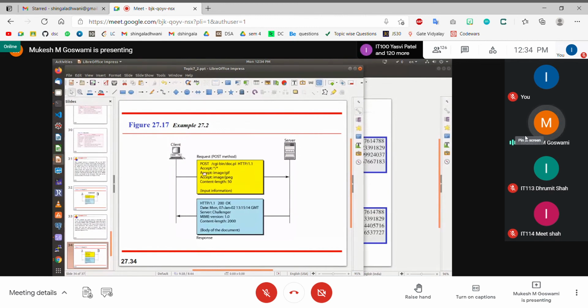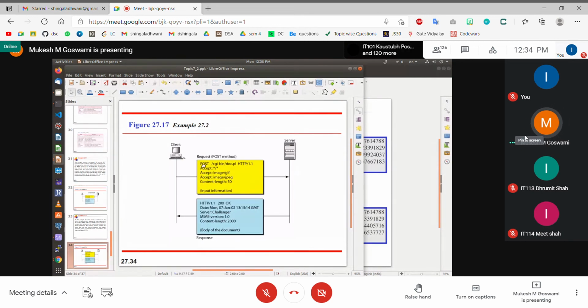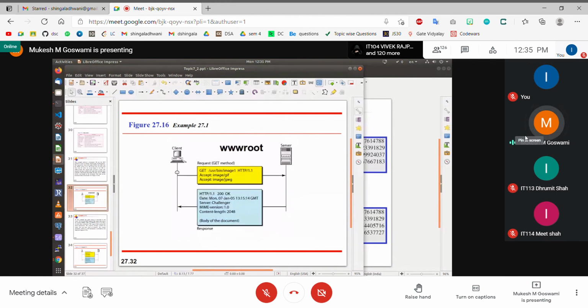That is why, since we are passing additional information here, the request type changes from GET to POST. Why is it POST? Because I am posting some additional information that will help the server generate the document. So normally the POST method is used when we have dynamic documents. For static documents, you need not require POST, because static documents are anyway static. You do not require any additional information to access a static page.